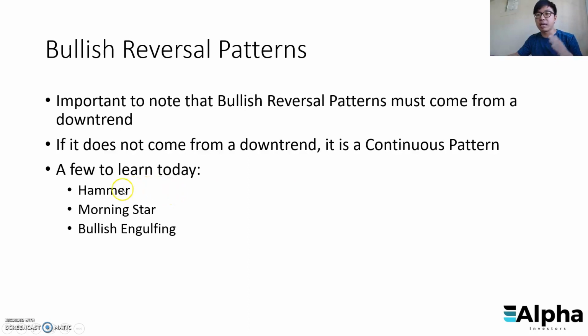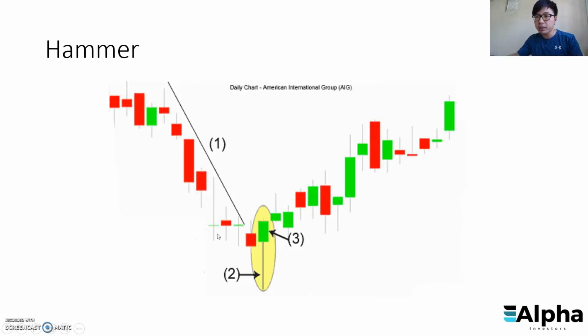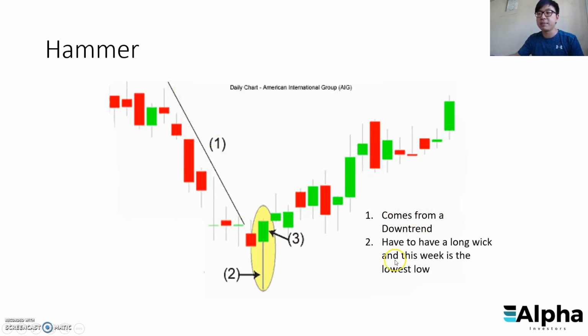Alright, so a few things we're going to go through are a hammer, a morning star, and a bullish engulfing. We're also going to go through the criteria. First and foremost, here's how a hammer chart will look like. We have 1, 2, 3. First and foremost, it must come from a downtrend, number 1. Secondly, it must have a long wick to the lowest low, meaning you must have a super insanely long wick. And lastly, the candle body being green or red doesn't really matter, but best is if it can be green,